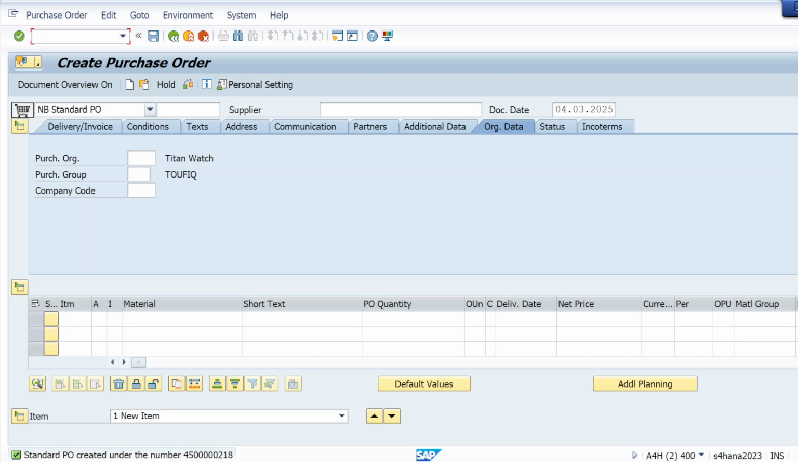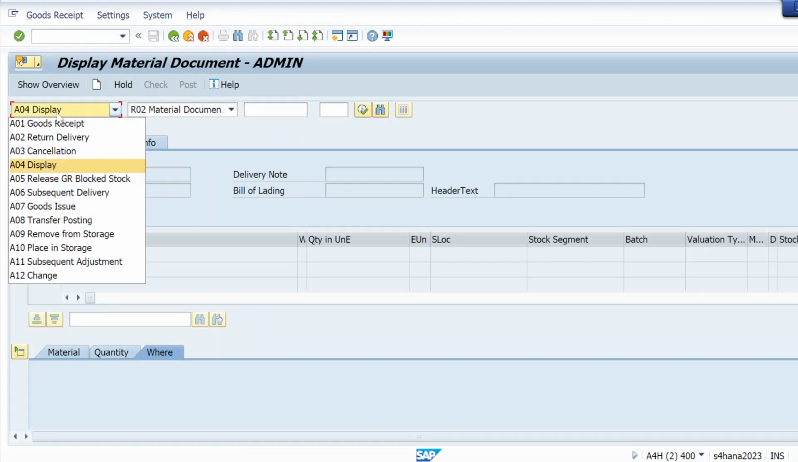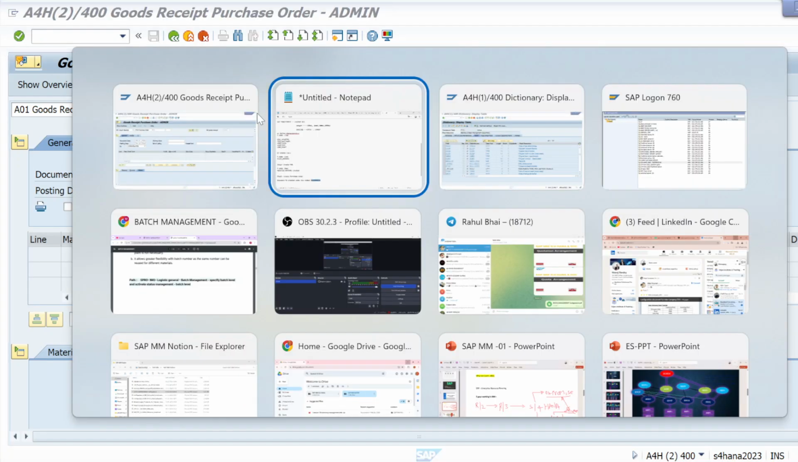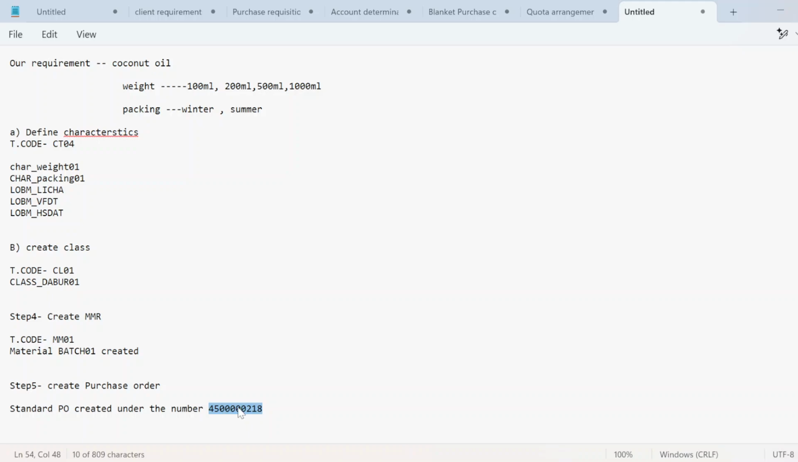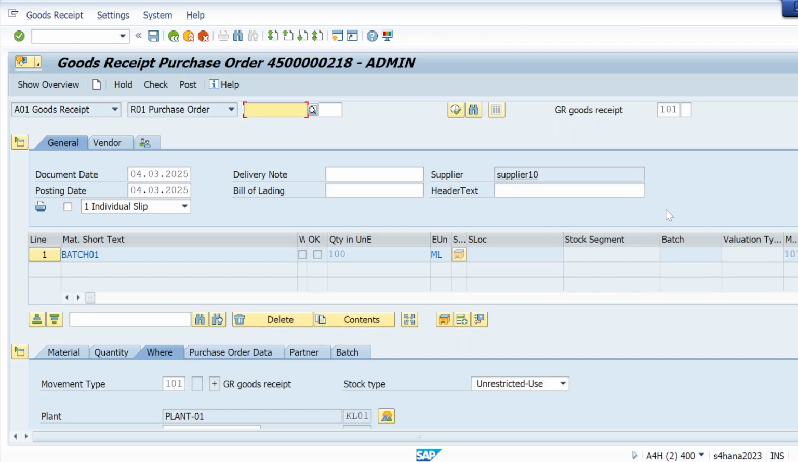and let me do the goods receipt, GR posting, MIGO. Select goods receipt here, PO number. So this is the PO number. Let me copy and paste here. Make sure movement type must be 101. Hit enter. So you can check from here itself, right? So from here itself you can check